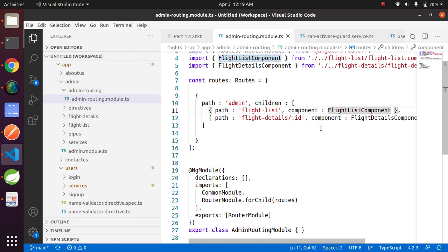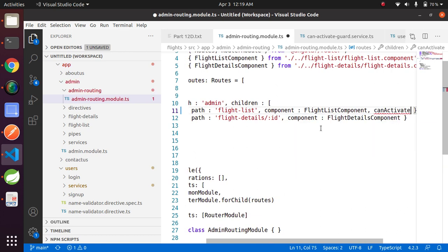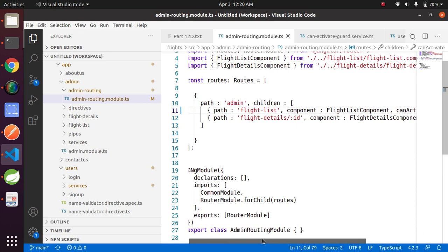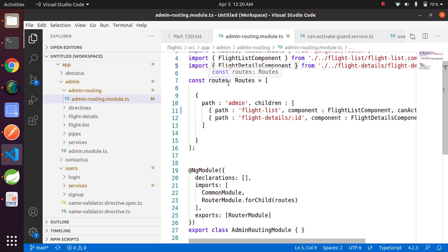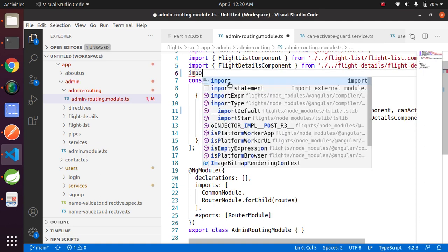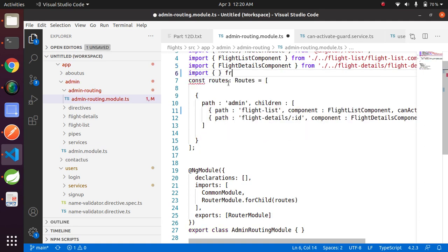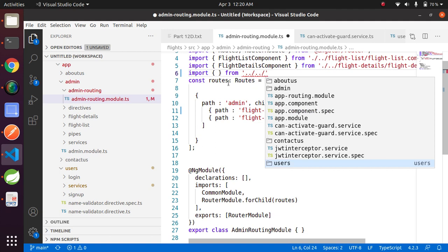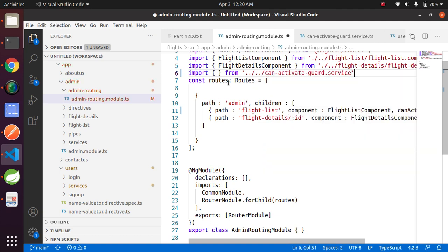To activate the guard for a particular URL, you need to do like this: put canActivate, then colon, then put an array, and then call the CanActivate guard service here. Let's import it first from the canactivate guard service.